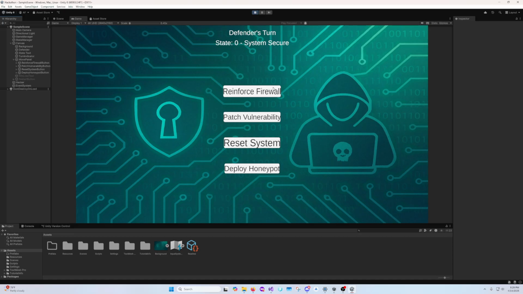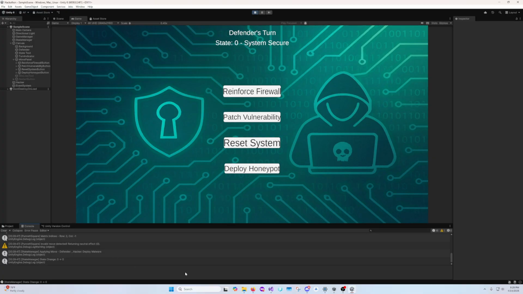Okay, so as you can see here, we're in state zero. Click this button, the hacker goes, oh, I should probably go to console. It goes through all these different moves, it determines the value, and then it chooses the best one, but it got it wrong. The AI does not know what the defender chose until afterwards. But if I hit patch vulnerability, as you can see, the defender was able to move it to state 1. If I hit reset system, it goes back, play honeypot, it moves back,